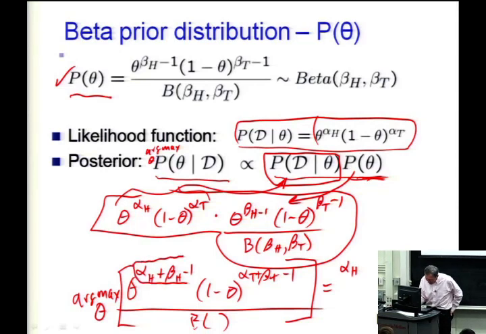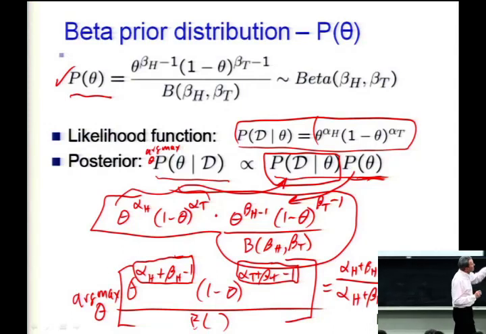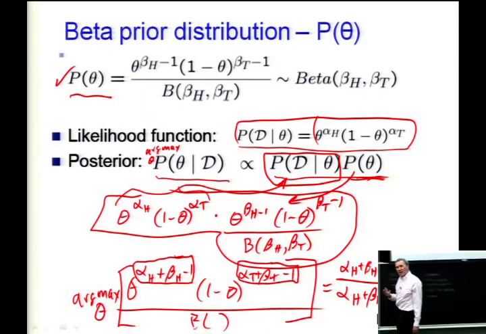You got it. It's as though we're pretending we observe this many heads and this many tails. It's the same form as we solved before. So it's as though we observed this many heads, and the total number of flips we observed was the number of imagined plus truly observed heads and imagined plus truly observed tails. So the MAP estimate is, again, the fraction of things that turned out heads, but now